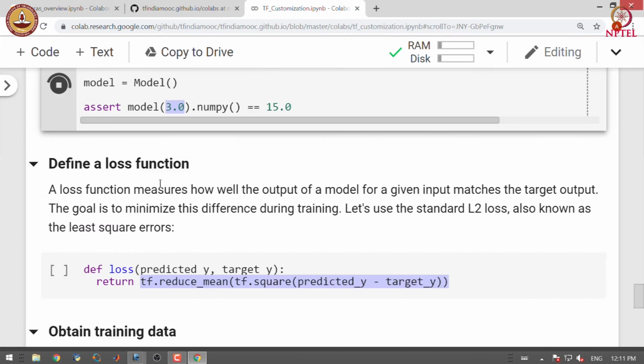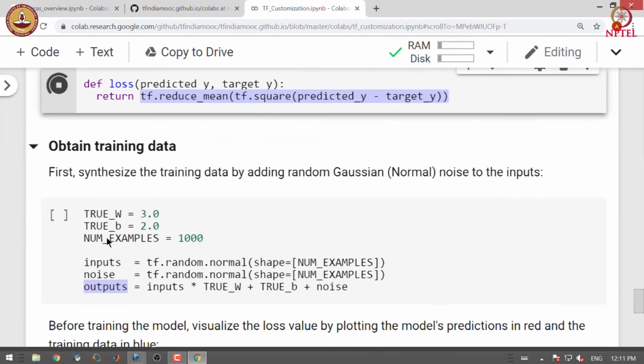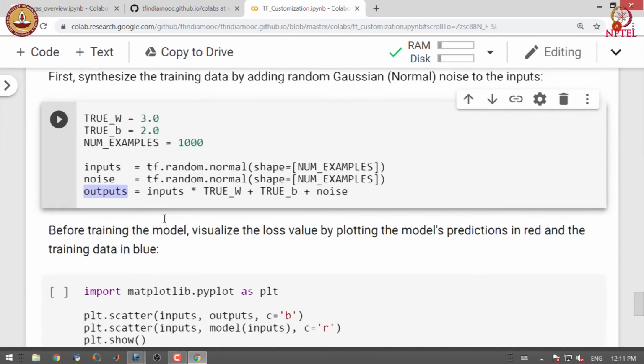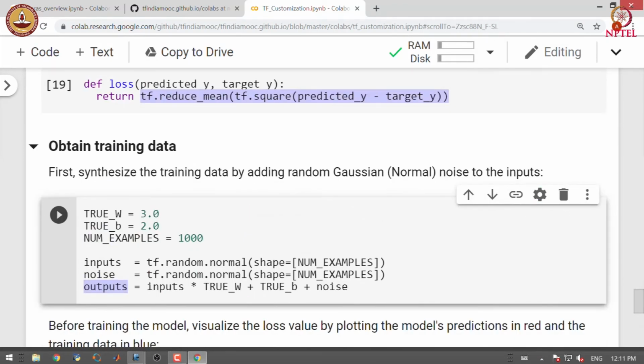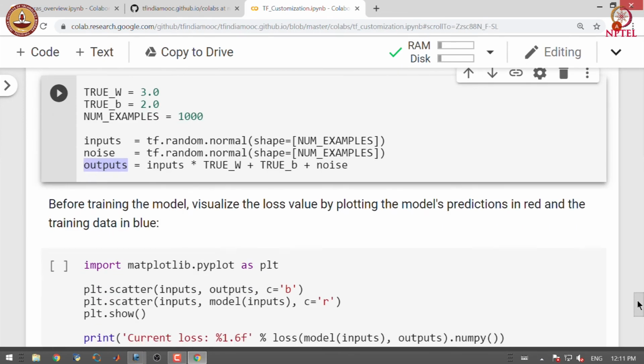Let us define the model, let us define the loss, let us generate the training data, and let us visualize the training data before building the model.